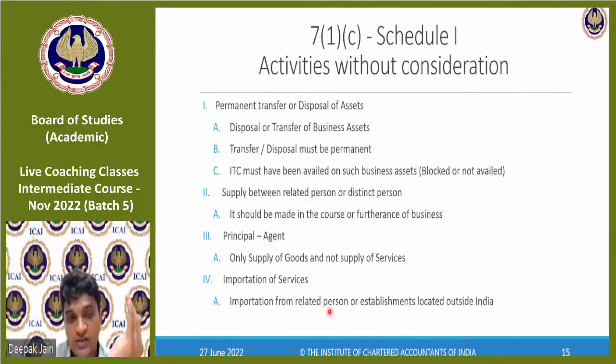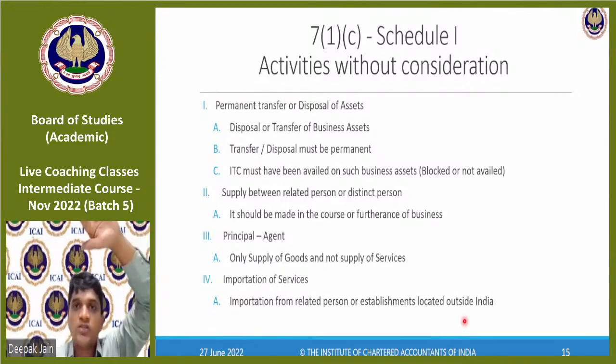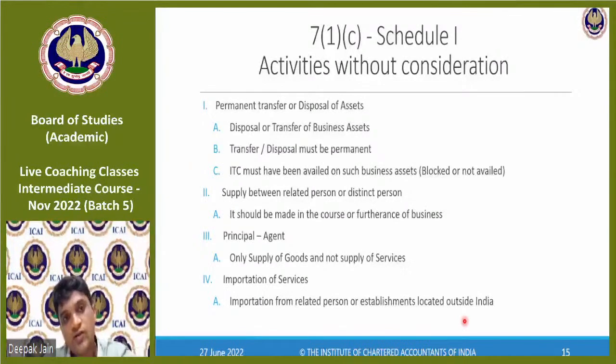Then importation of services. In Schedule 1, importation of services, when is it liable? We know that if it is for consideration and not in the course of furtherance of business, it is liable. But here, what they're saying is, even if it is importation of services without consideration, only in one instance, when it is importation from a related person or establishment located outside India. So only in one instance it is without consideration, but in all other instances, it should be with consideration, but not in the course of furtherance of business. But here, it should be in the course of furtherance of business,